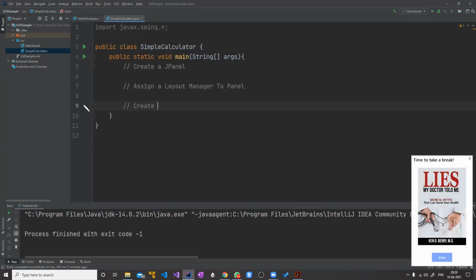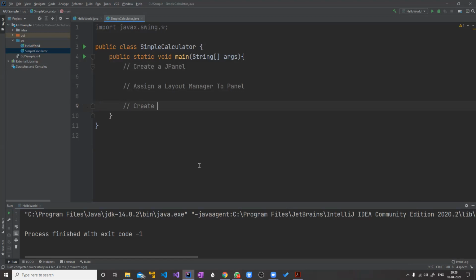You have to create objects of some desired Swing controls or UI controls, meaning those elements which control the UI, and add controls to the panel, that is JPanel. So that is the third step which you will have to follow.